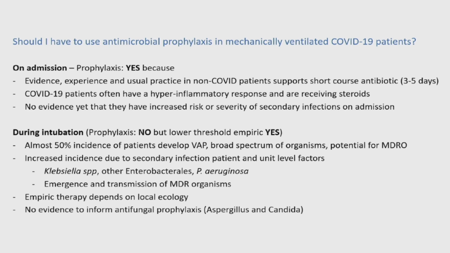On admission, if the patient is on a ventilator, then yes, you should use it, because there is sufficient evidence that severe disease at the time of admission is usually associated with bacterial co-infection. So it is always good practice to give a short course of antibiotics to cover for the community organisms. And also, since the patient is going to receive a lot of immunosuppressive therapies, it is better to go for